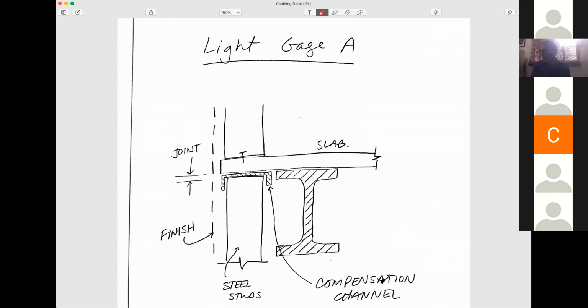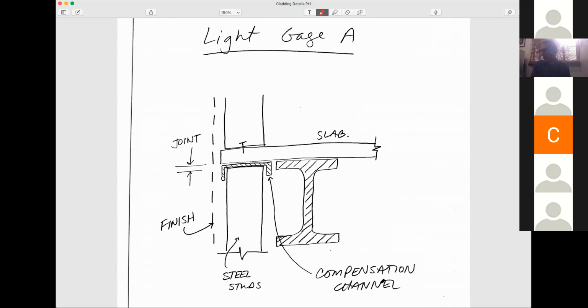And then we'll do 2 light gauge steel studs, if you will. So completely different here now. The finish on the building is not a precast panel. So we've got something that would be perhaps metal, something much lighter weight. And so then that slab would end up all the way out to where you're holding those steel studs,